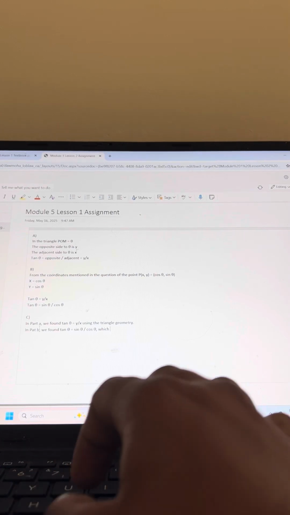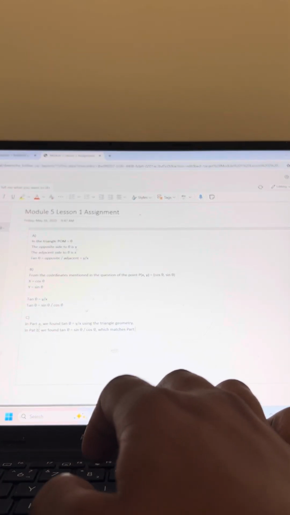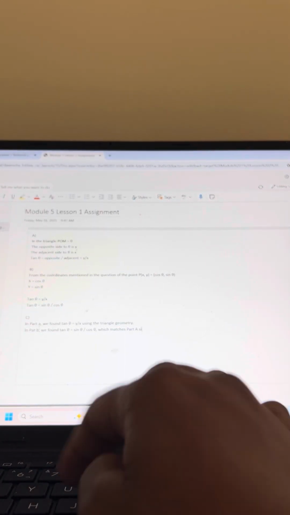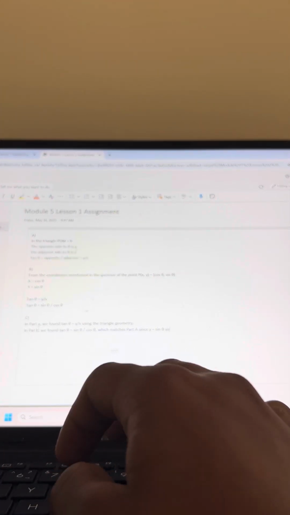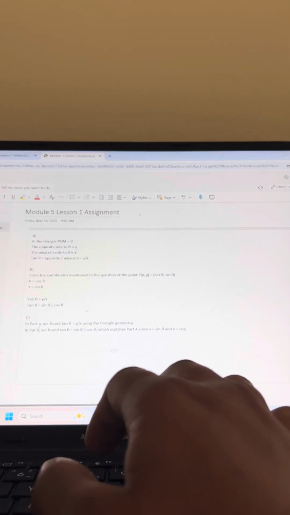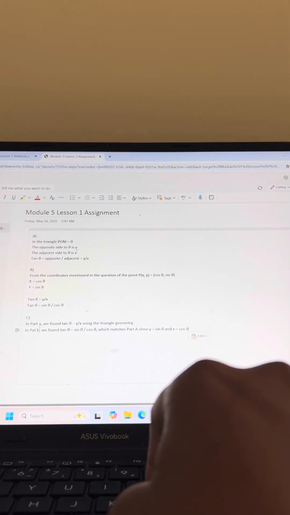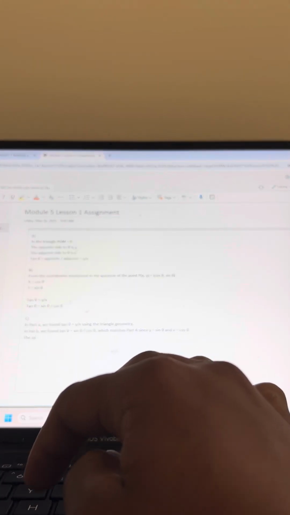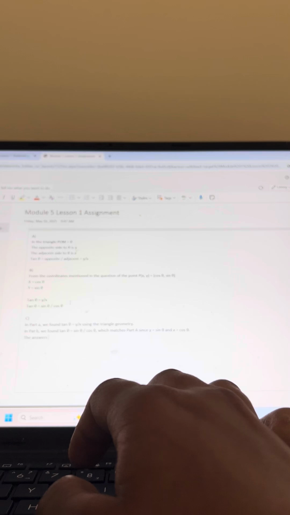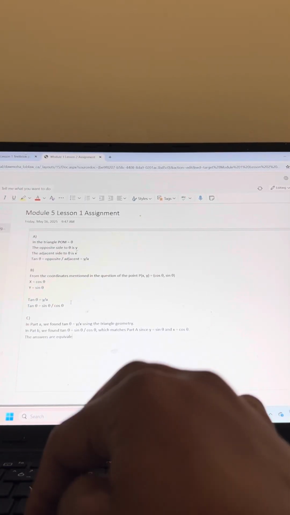and which matches part A, since y is equal to sine theta and x is equal to cosine theta. And our answers here are equal, right, from A and B. So we could say the answers are equivalent